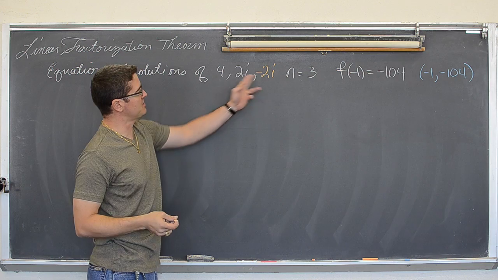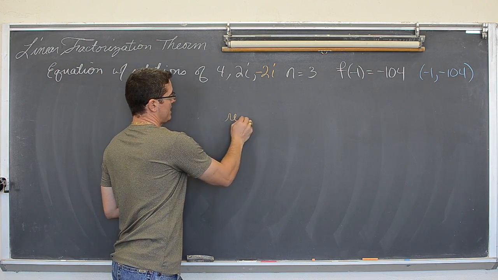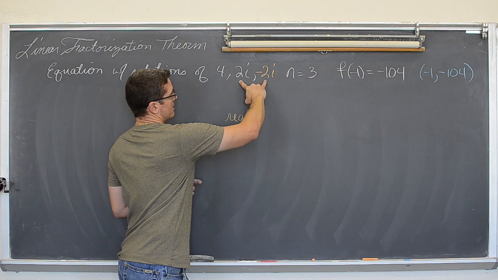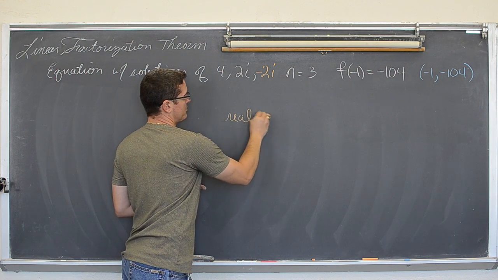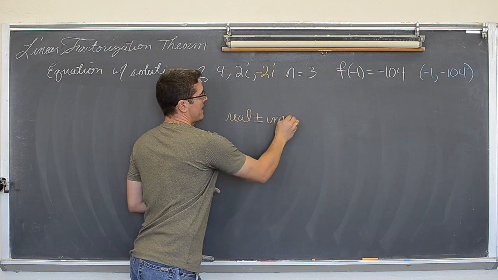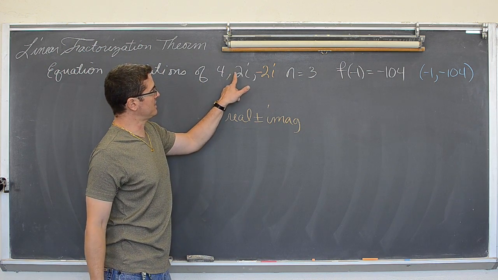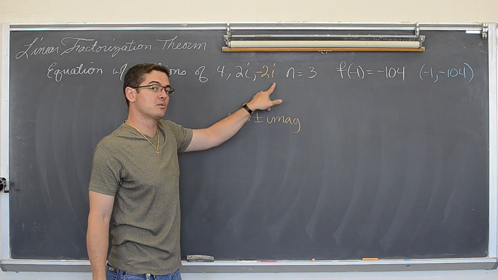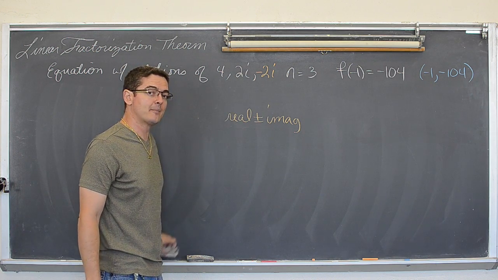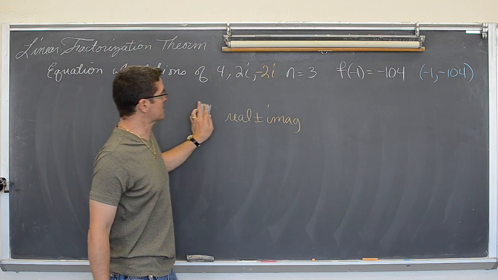Now you might say conjugate. Conjugates are when you take a binomial and you change the middle term. Well, complex values have a real portion plus or minus an imaginary portion. So there is a 0 in the front of this, like 0 plus 2i or 0 minus 2i. But when you add 0, nothing happens, so we don't need to show it. So this is a conjugate pairing of this complex number.